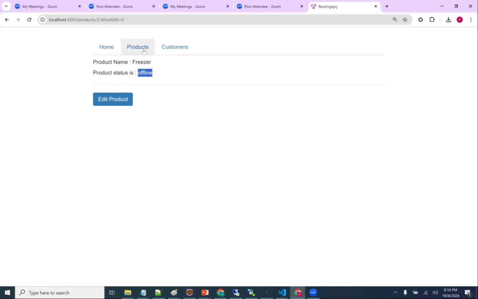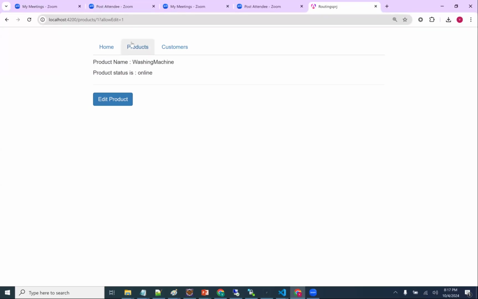Am I right? This is my requirement, guys. Let me repeat: whichever product is available, that product only I'm going to show the edit page. Whichever product is not available, I don't want to edit it. But the edit button should always be enabled. On click of the edit button, I want to do something. That is why I'm doing it like this. I want to teach some scenario. That's why. We could do one alternative, as I told yesterday: here itself in edit product, I can disable it, but I don't want to do that.